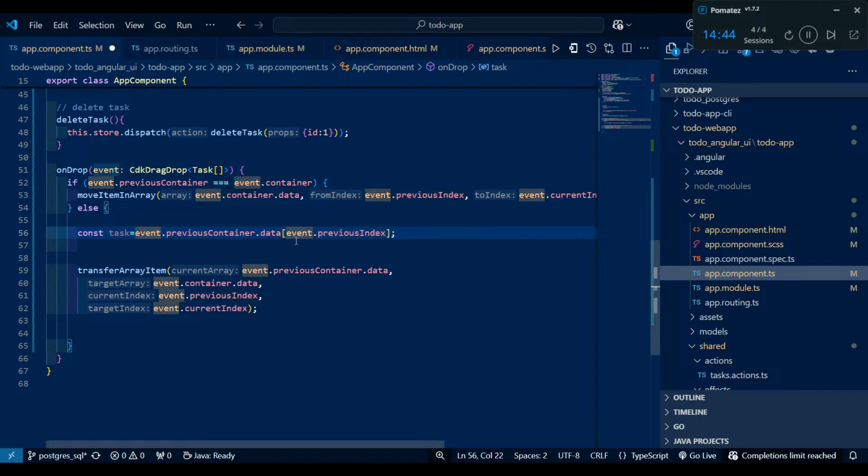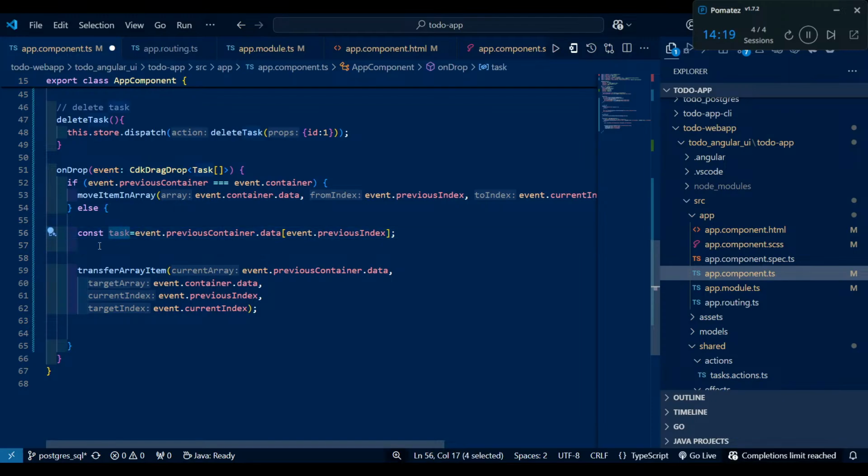Once again I will explain: const task equals event.previousContainer.data and event.previousIndex. The previous container has the data, and in that data we can access the item by using our previous index, so that when we drag and drop on the done status, we get the